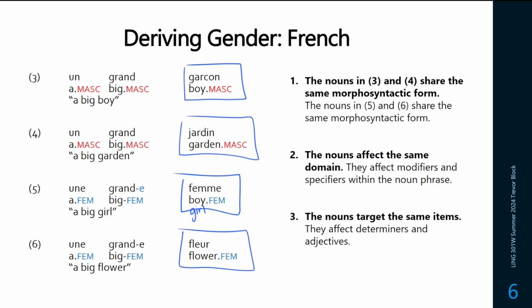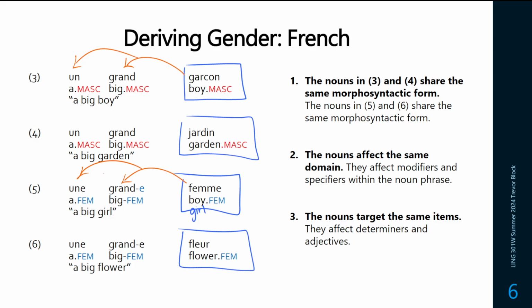So what's happening in French is that the form of the noun, the markers inside the noun, are affecting how the determiner and the adjective appear in the sentence. So garçon is masculine, so when we look at the adjective grand, we expect it to be masculine. Well, if we take the feminine form, we put another marker, a feminine marker, on the adjective. And it's going to be the same with the form of the determiner. In pronunciation, they're going to be pretty similar, but they are marked.